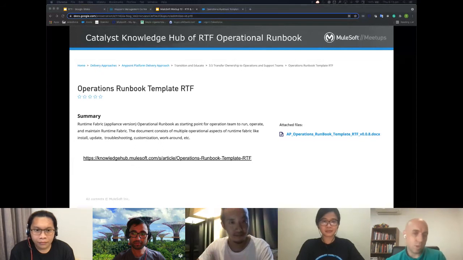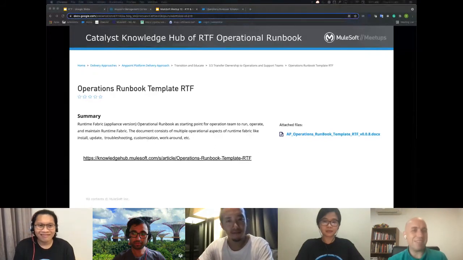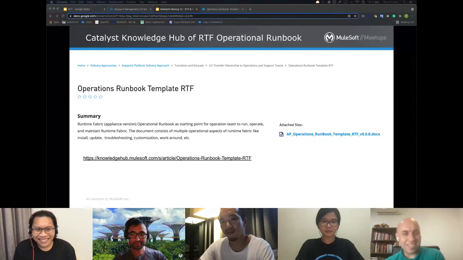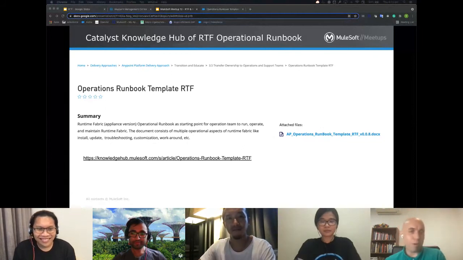Otherwise, you're taking something which is incredibly simple, like CloudHub, for example, where it's all managed for you, and going into another level of complexity. And I guess if your operations and infrastructure teams are not at that level, then you could be introducing unnecessary risk. So that's a good thing to note.